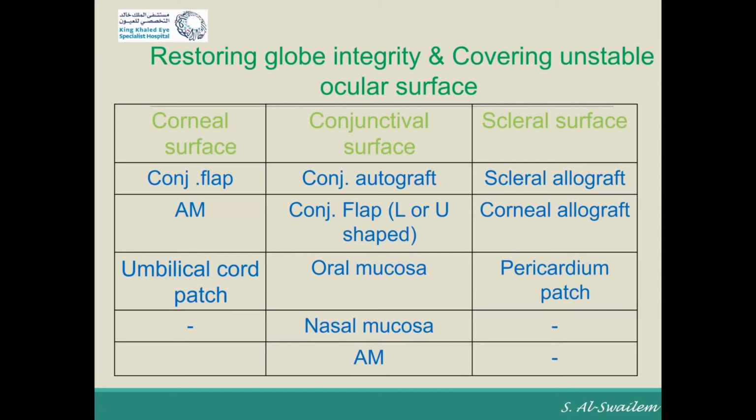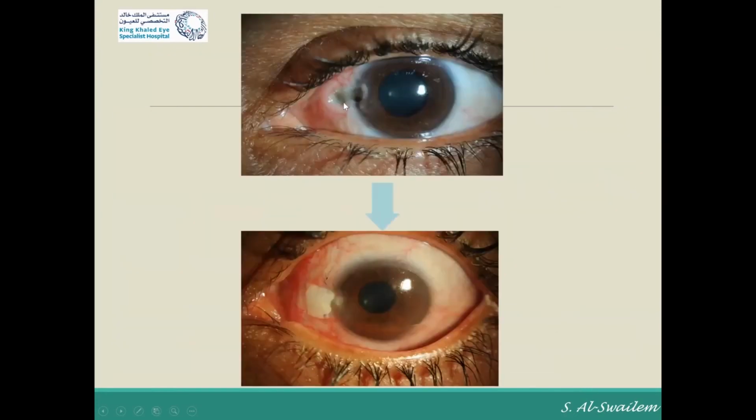a glue simply to close a scleral perforation, or amniotic membrane purely. You really need to have a tough structure to close it. And this is an example of a patient who's post-pterygium with application of high dose and long duration of mitomycin that resulted in, as you can see, scleral thinning. And this is the appearance of my patient after applying a scleral patch. Cosmetically, it's not very nice, but we can use the pericardial patch if it was available, but it was not